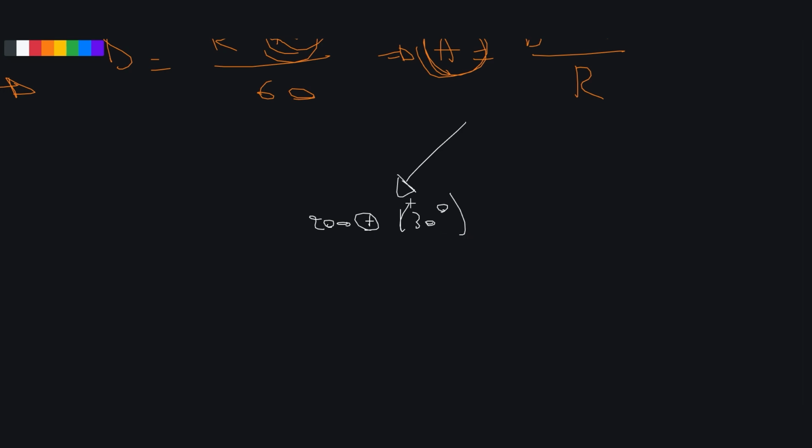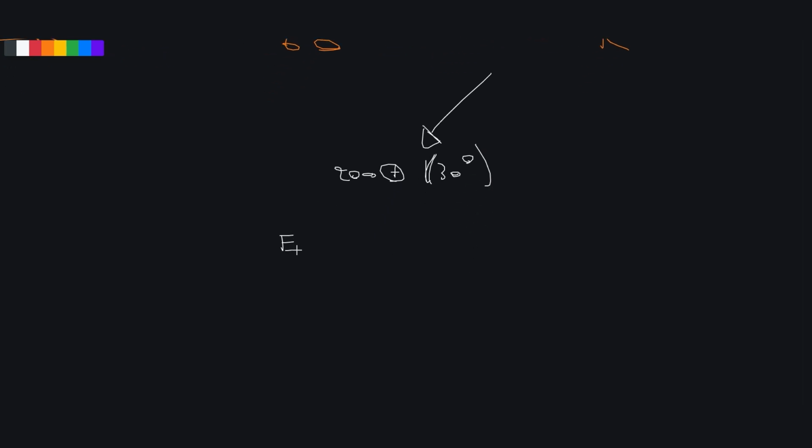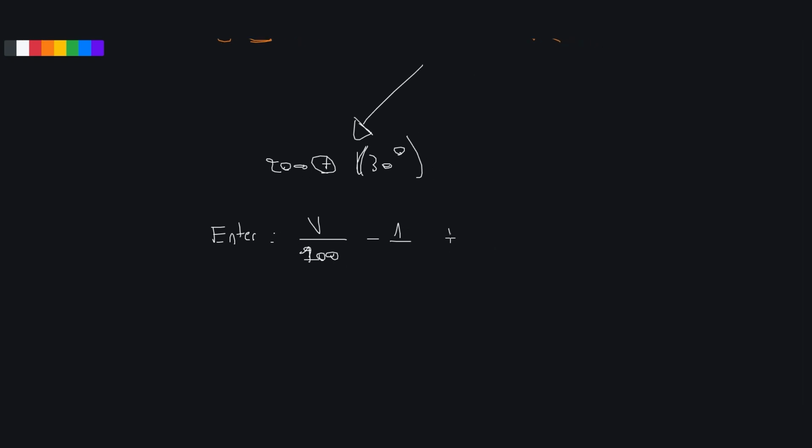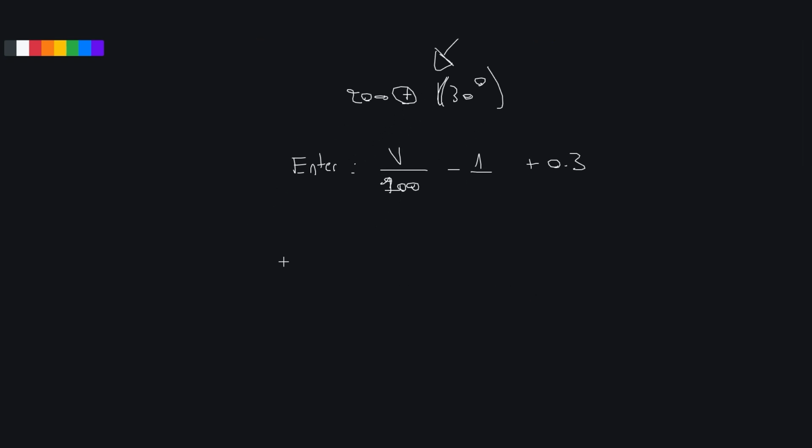angle of 30 degrees. All right, so when we entered, I will write it completely. When we entered the DME arc, we calculated that in order to anticipate our turn, we needed to take our ground speed divided by 100, and then remove 1 from the result. And after that, we had to add 0.3 to compensate for the distance it takes to pass from a state where the aircraft is straight and level to a state where the aircraft is banking at 30 degrees. All right. So for the exit,